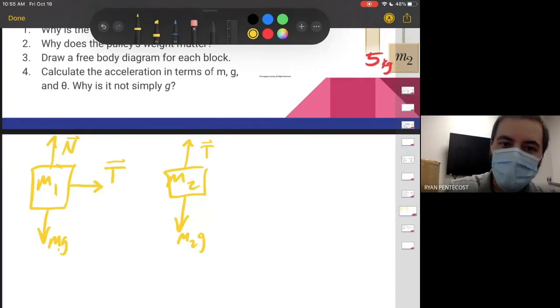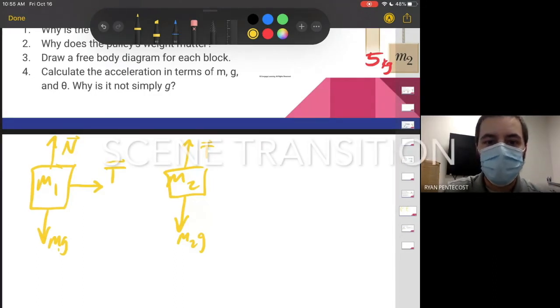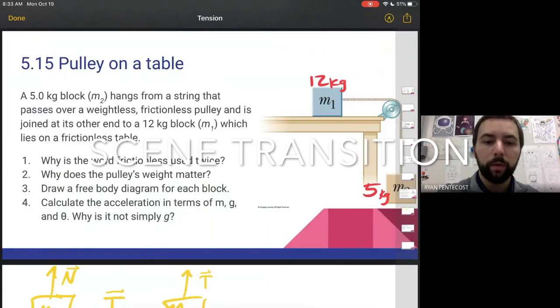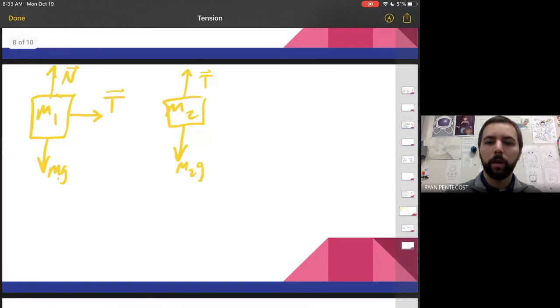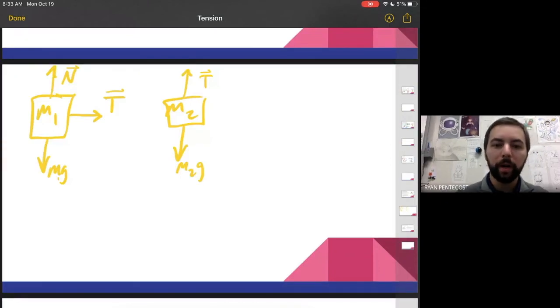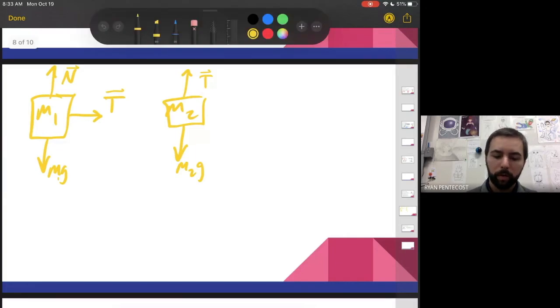Now, those are the free body diagrams that we're going to use for this problem. Next, we are going to calculate the acceleration in terms of m, g, and theta, and then we'll answer the question, why is it not simply g? So let's go back down to our free body diagrams,